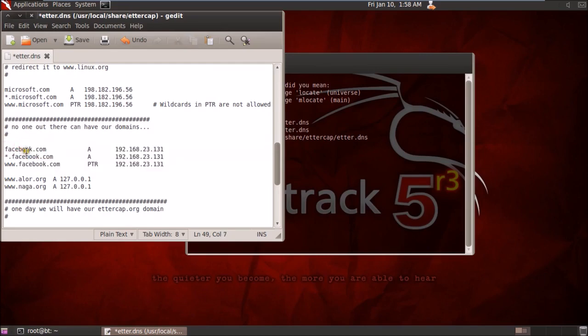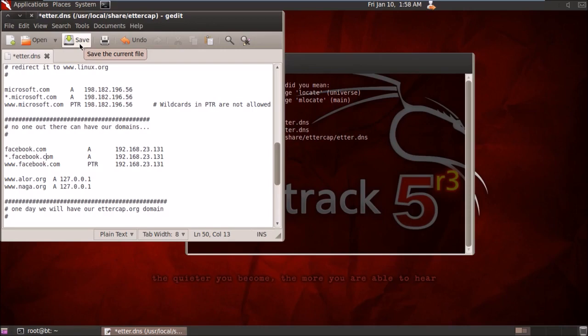Now the target may type in www.facebook.com directly in his URL bar, or he may simply type facebook.com. That also opens Facebook. Or sometimes he may simply type Facebook and press control enter. So these are the different ways by which he can open his Facebook account.